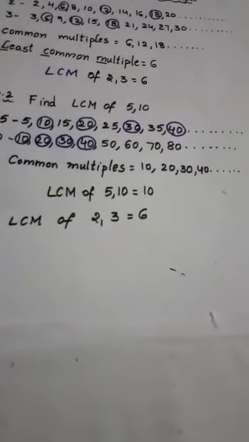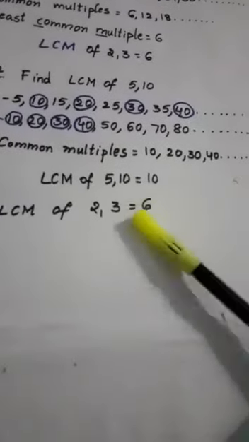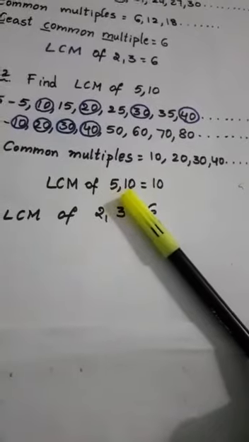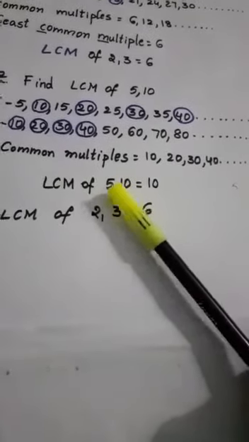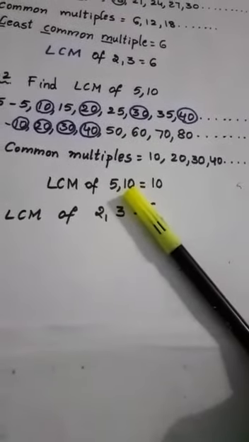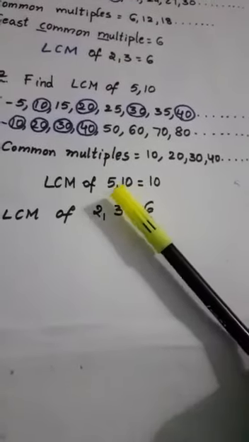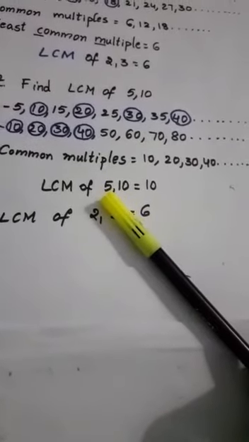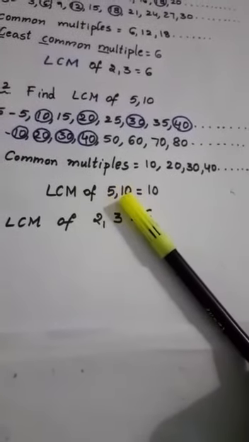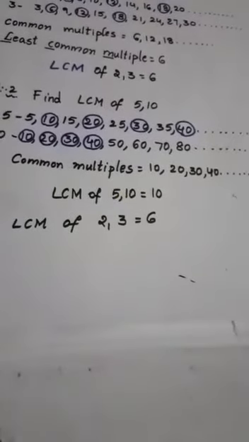So from this, once you look here, 5 table. In this 5 and 10, which is the smallest one? 5 is the smallest multiple and 10 is the greatest number. So the smallest number means 5 table. Is 10 there or not in the 5 table? 5 table, 10 how many times? 2 times. Means in the smallest number's table the greatest number is there. Means in the 5 table 10 is there. Then the LCM is the greatest number.